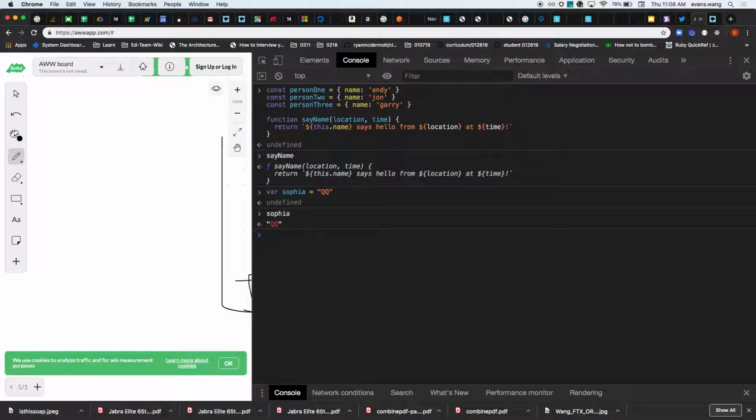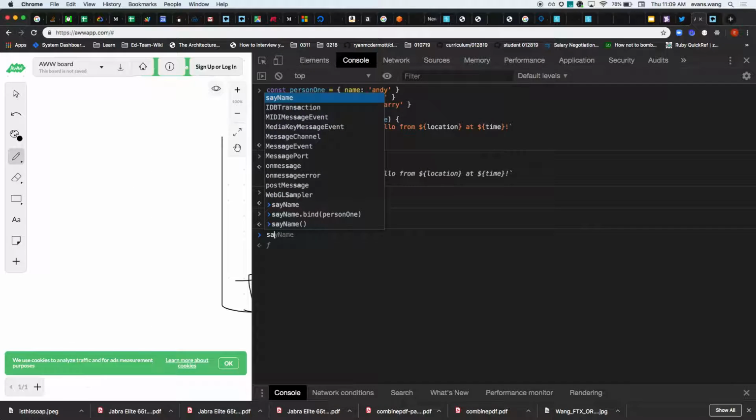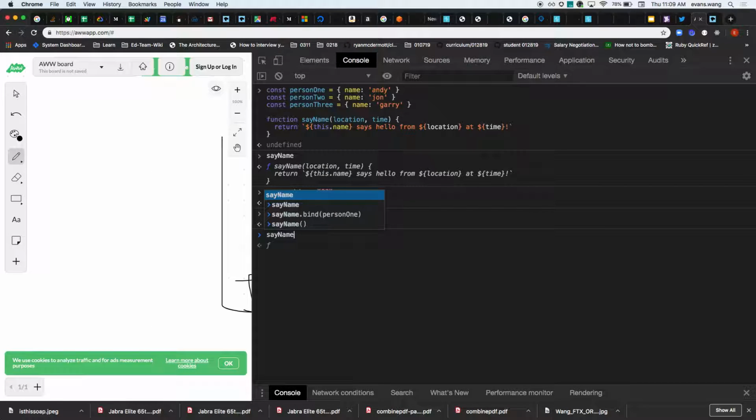By default, the window has a key of name, and it is always empty string. So that being said, if I invoke say name, what should the return value be? Empty string says hello from whatever arguments I pass in. So if I say name and my location is K and my time is now, I will get